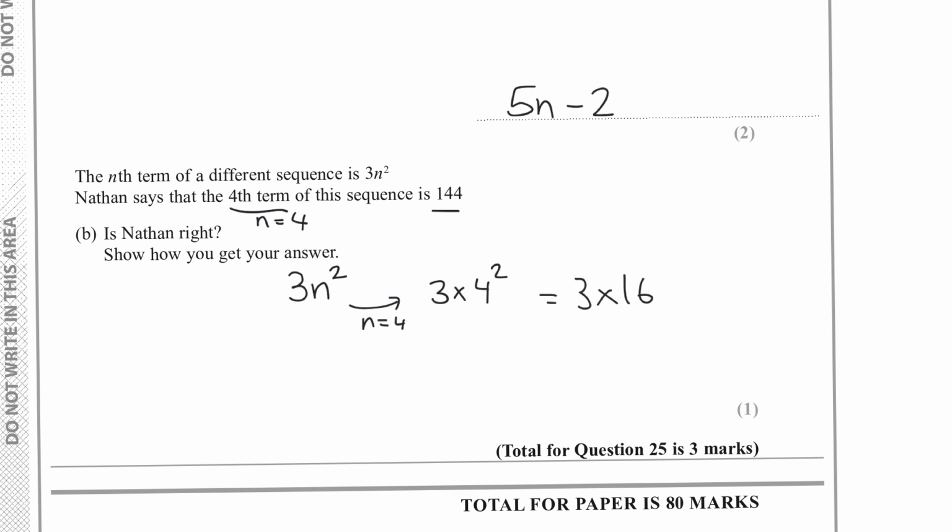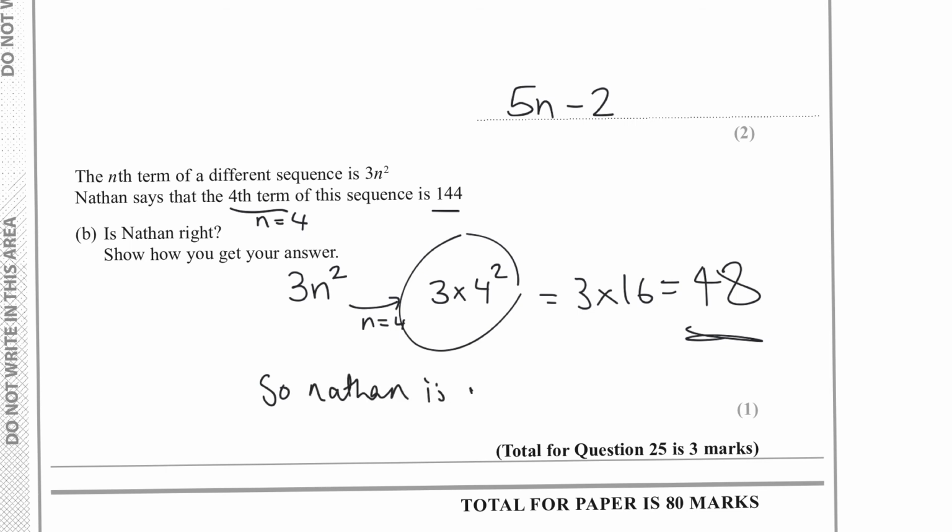Again, you could just put this all in your calculator, to be honest, since it's a calculator paper. That would give you 48. So Nathan is wrong, because us working that out, we got an answer of 48, not 144. What Nathan probably did was he did 3 times 4, then squared that, because that would be 12 squared. And you can't do that because based on the law of BIDMAS or BODMAS,